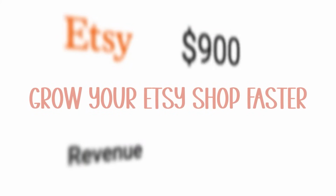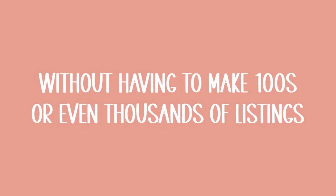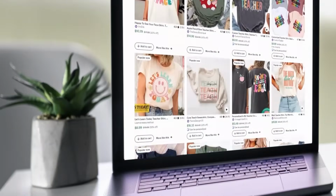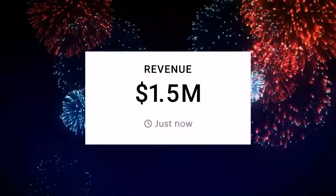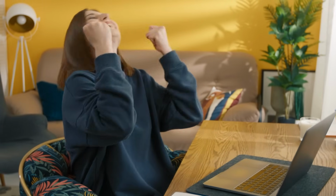Here's how you can grow your Etsy shop faster without having to make hundreds or even thousands of listings. You could be just a few listings away from your Etsy shop completely taking off, getting that first bestseller, making daily sales, or even scaling your Etsy income to 5 or 6 figures. These 3 tips won't only make your Etsy listings better, but they will help you reach your goals a lot